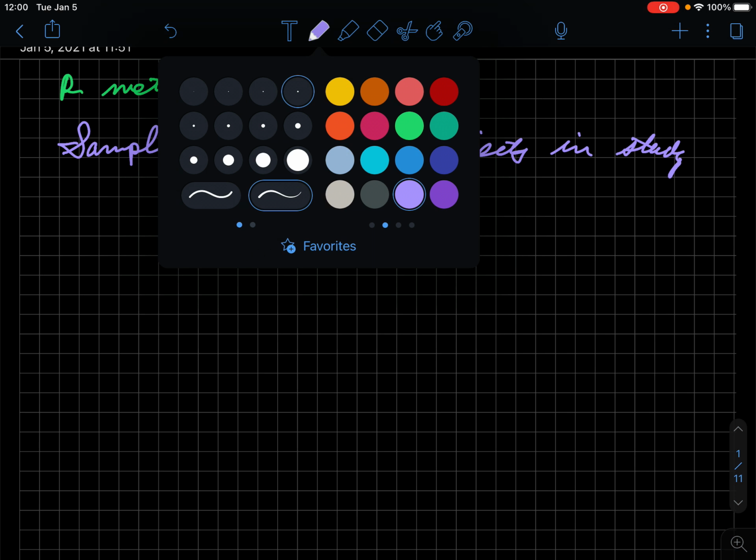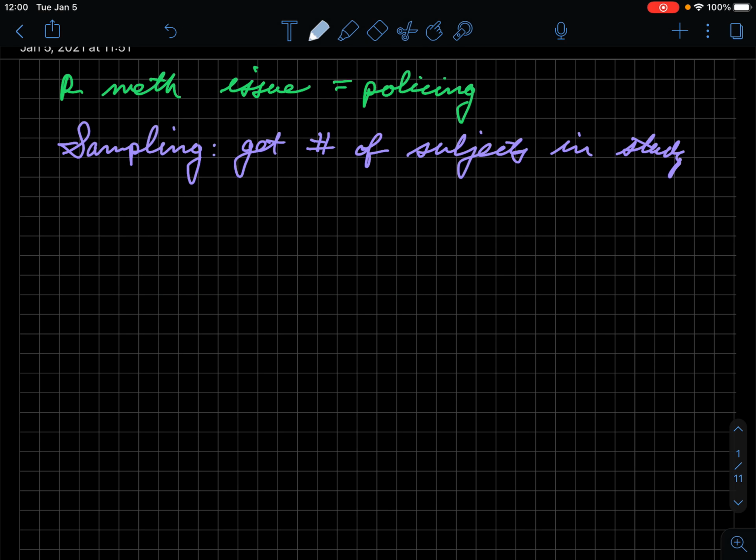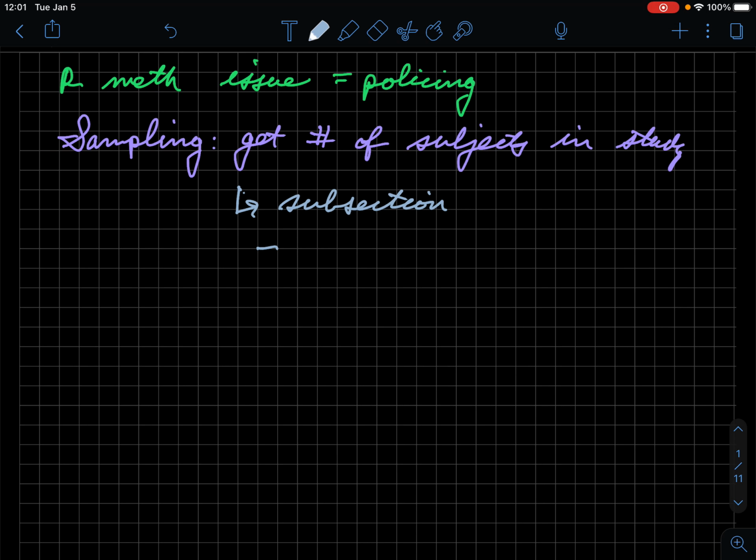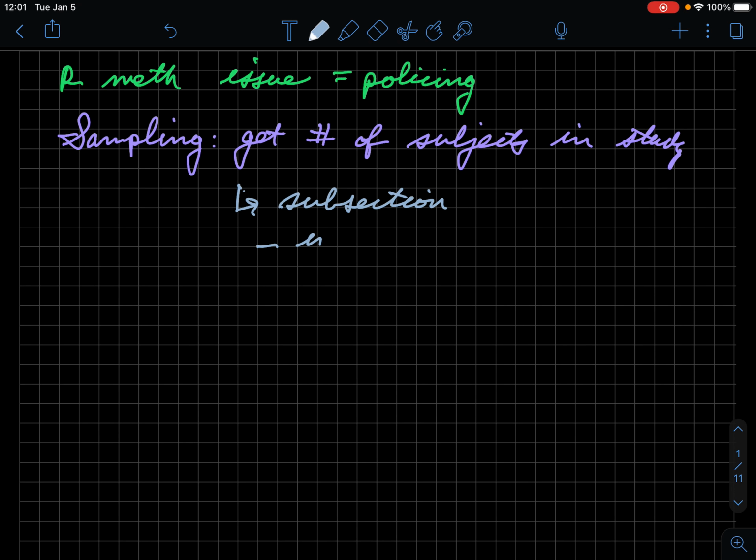The reason why we end up sampling is that we take a subsection of all agencies, and we use the subsection to infer to the greater population. In this case, it's going to be all agencies in the United States, or perhaps all police agencies